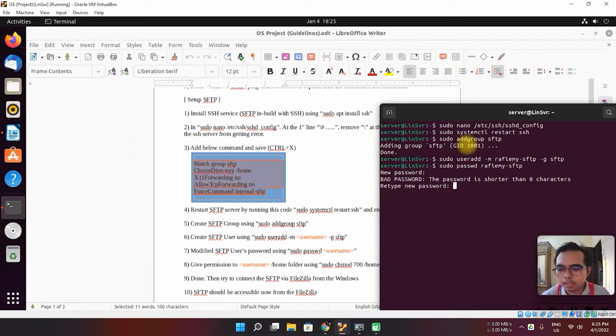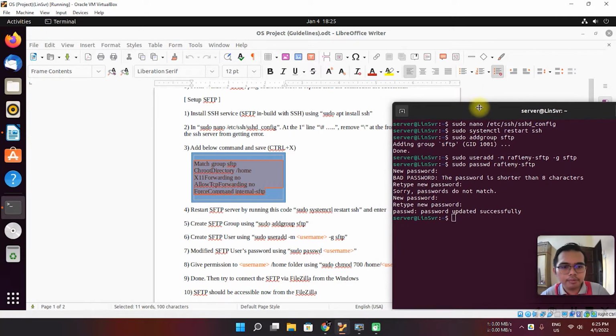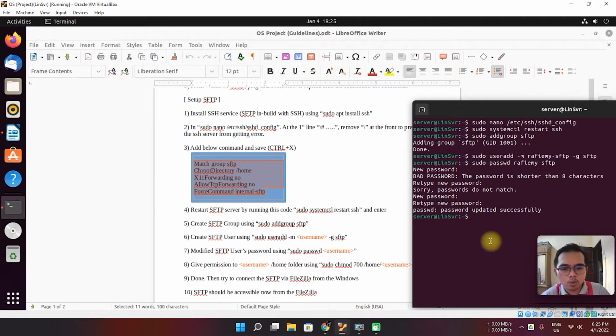Let me try again by using my IC number. Okay, updated. And then you have to give Rafi-my-sftp permission to access the home folder using sudo chmod